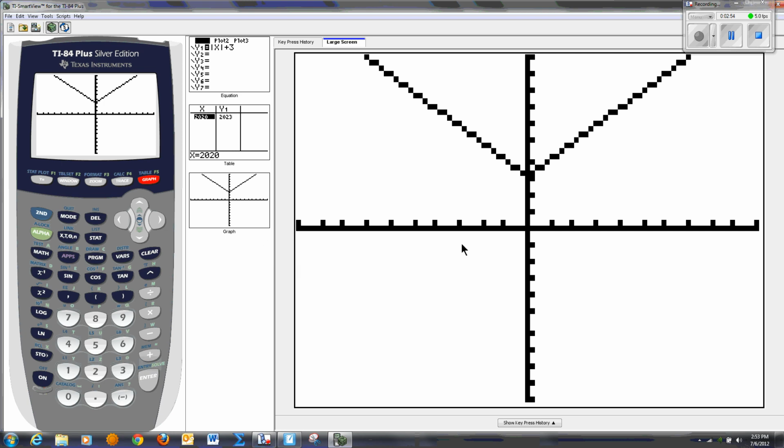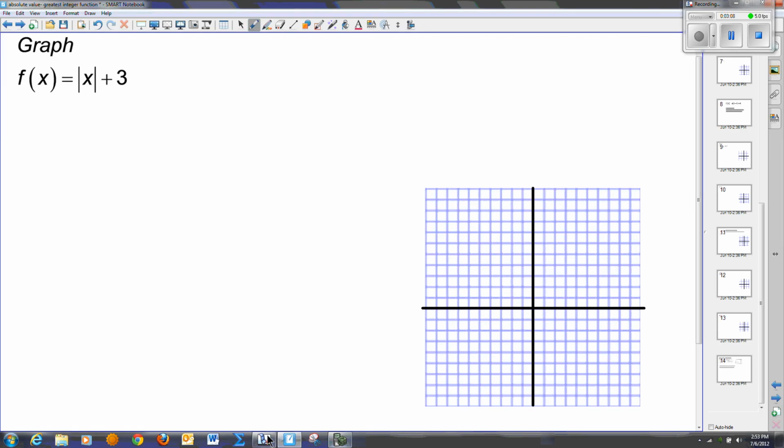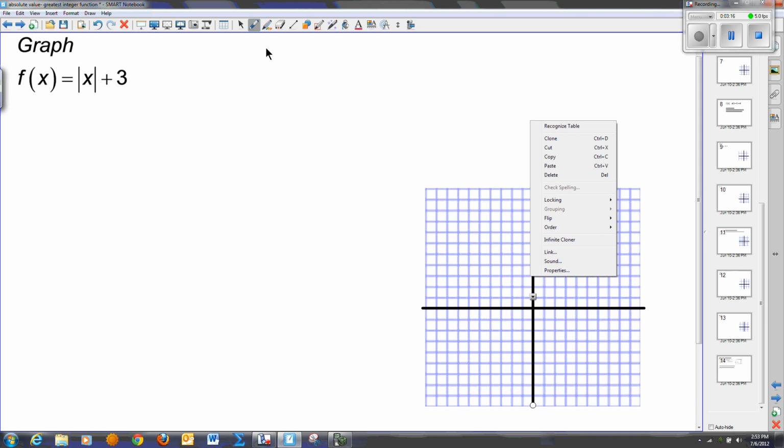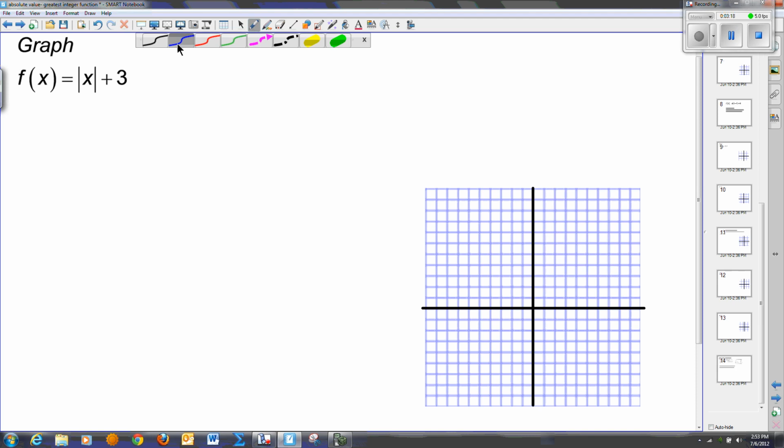Now, if I was to look at just the regular absolute value function, it would have had its vertex, if you will, down at 0, 0. So what happened? Well, the graph seemed to move up 3. So when we go back to our slide here and graph this on this particular graph, we go and pick our pen point and graph 3. And then we plug in the number 1, we get 4,